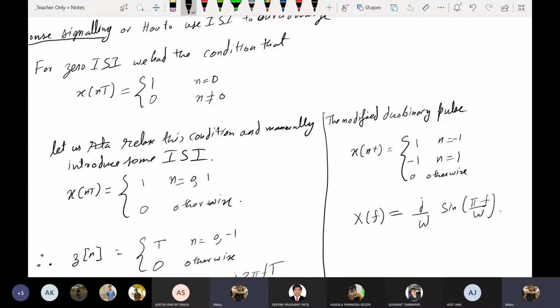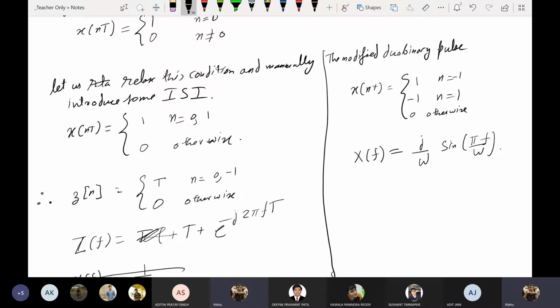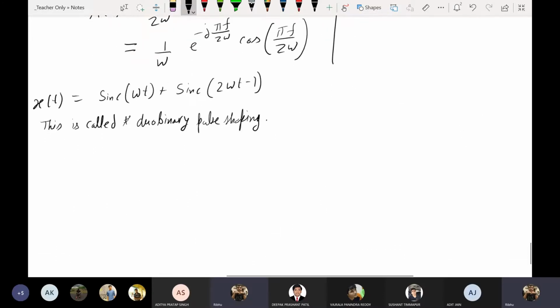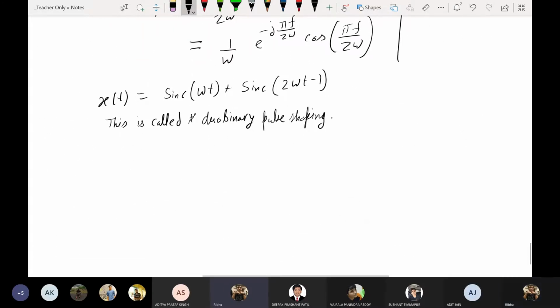Using similar steps, you can show that this is there. So now, how do we achieve this? To achieve this,